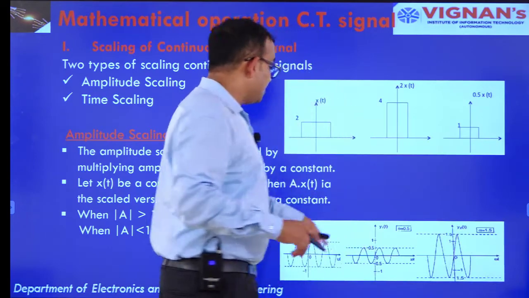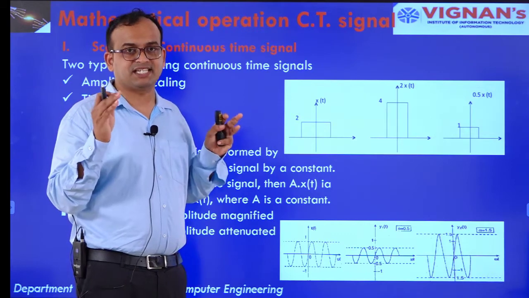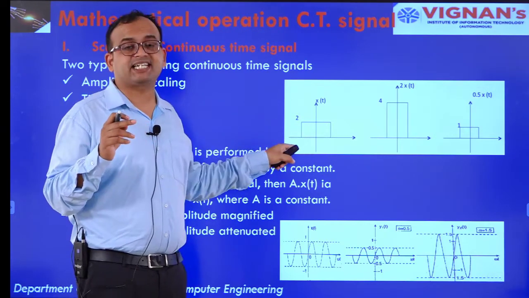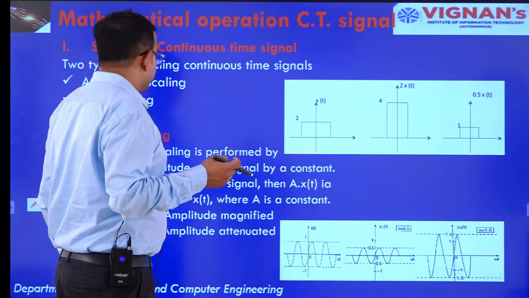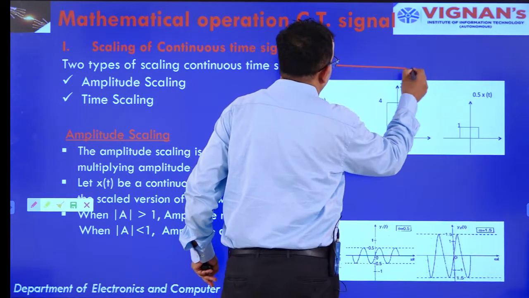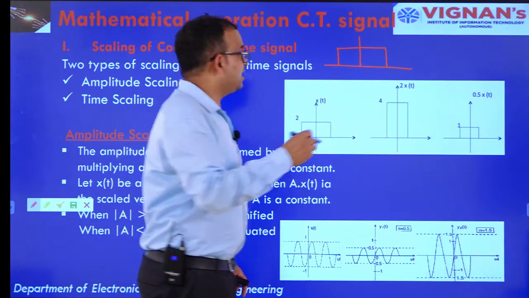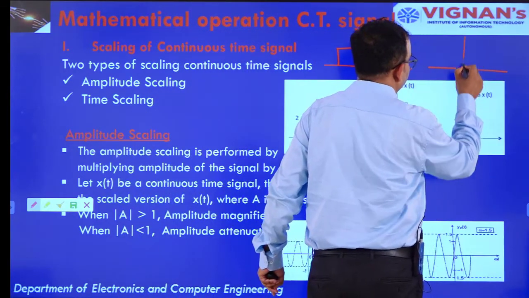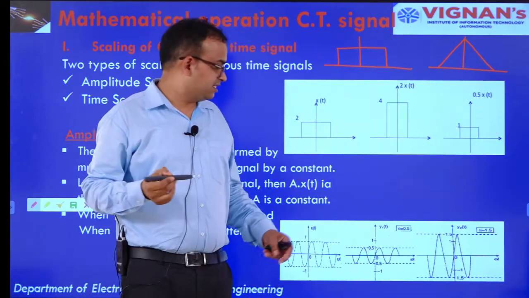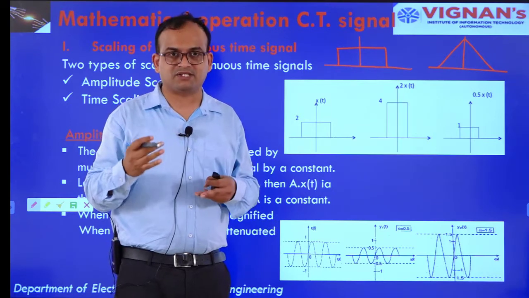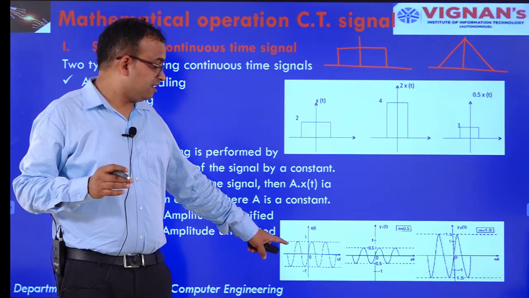Another example I have taken here is the same thing. This is the signal I have taken, a rectangular signal. Remember this signal is known as a rectangular signal. Different types of signals I will take here, and we will discuss these later on. Similarly, I can take an example of a triangular signal, or a sinusoidal signal, to make you understand the operations. We can take anything.